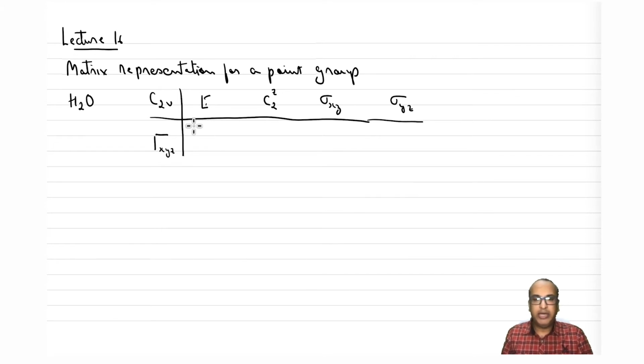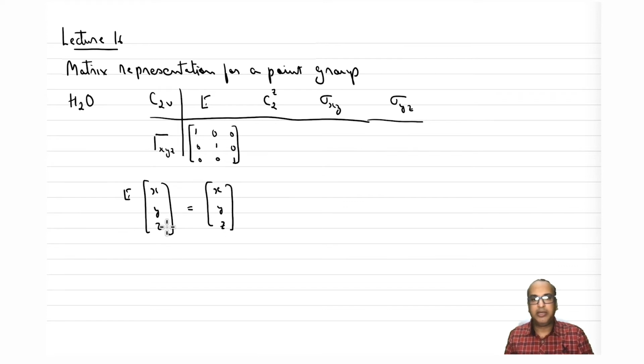So now let us see what we have in place of E. What matrix do we have? We know that E does not do anything, and it has to be a 3 cross 3 matrix because we have 3 bases in this. So it has to be a unitary matrix of order 3. To remind you, if I am doing this operation E onto XYZ, I am getting XYZ back. So that tells me that my E is nothing but an identity matrix of 3 cross 3.